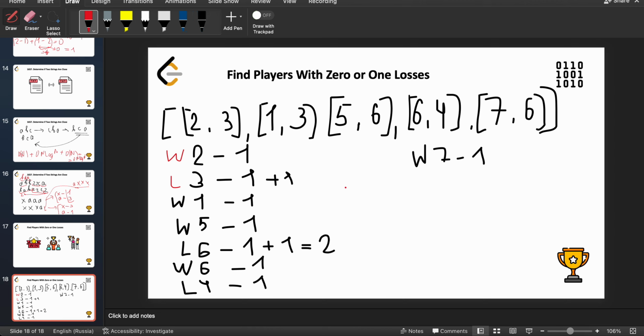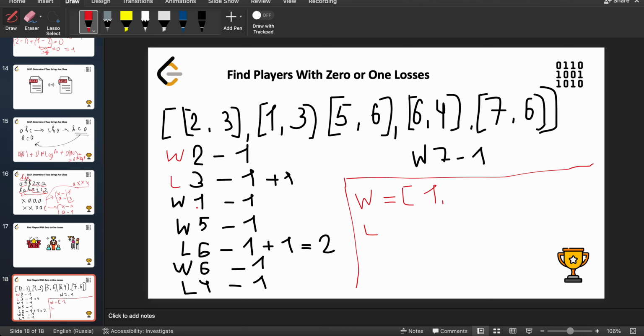Well, the result of this challenge is to return the users who haven't lost any match. I'm going to initialize 2 arrays for winners and losers, and let's add all the winners and losers, the losers with only 1 loss. Well, player 2 hasn't lost any of its matches, and that's why I'm going to write here player 2. Next we have player